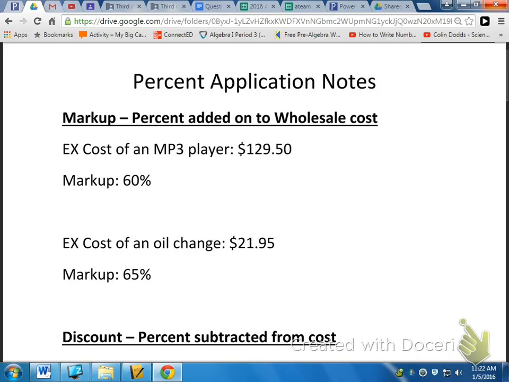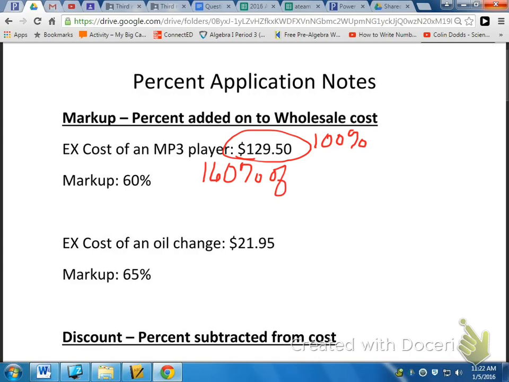And a markup is the percent that's added on to the wholesale cost. So a store goes and buys their items from the producers or the manufacturers. They pay a wholesale cost, and then they put a markup on it so that they make a profit. Now, what I want you to think about is this. For this example where the cost of an MP3 player is $129.50, this is 100% of the cost that they paid. Then they're going to add a 60% markup. So altogether, you're going to end up paying